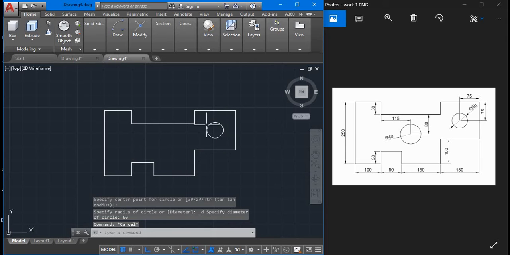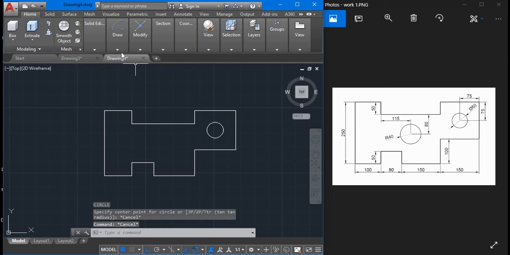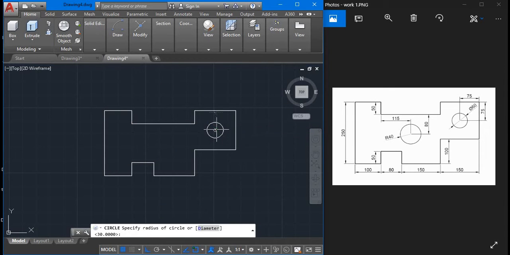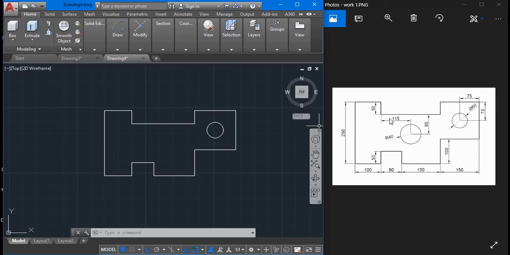If I had chosen center radius, I would not have put 60, I would have put 30, enter, which will still be the same thing. Okay, so the next one is this particular one, and this one is 150 from